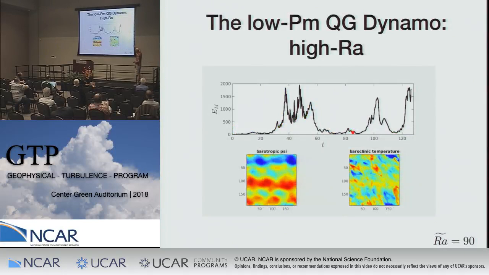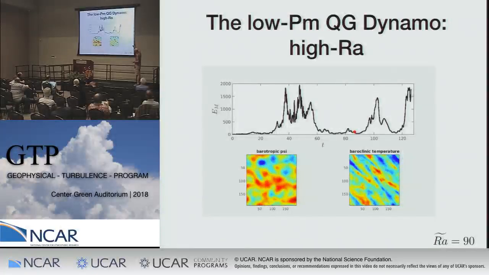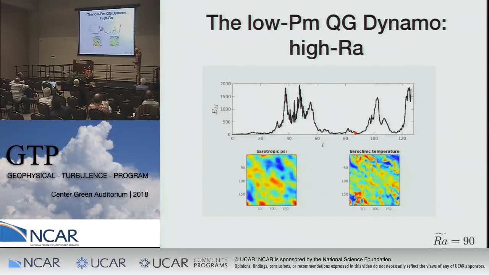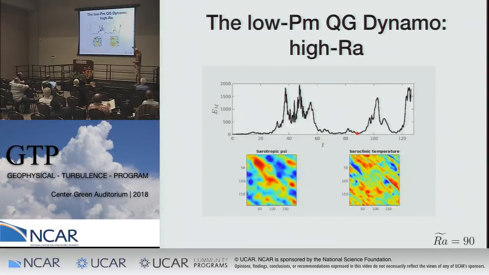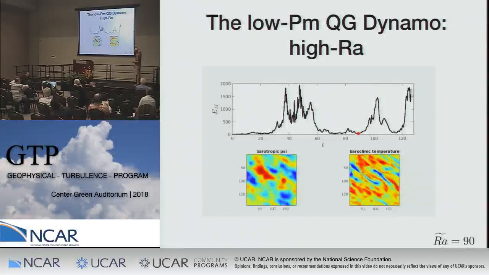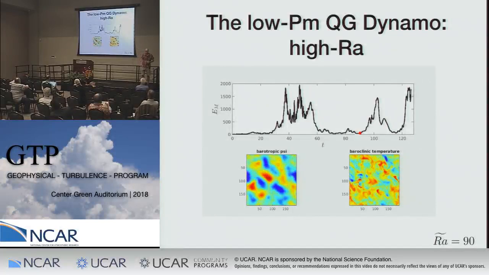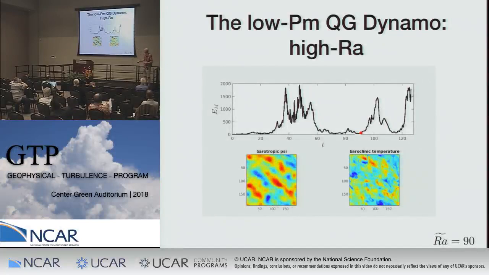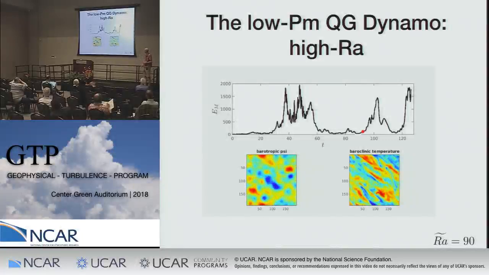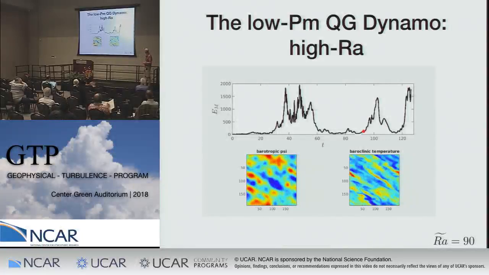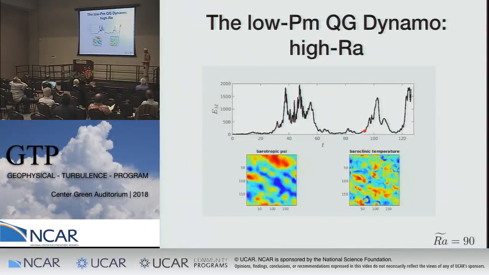So this shows a visualization of these simulations. This is a plot of the magnetic energy on the top. You're looking at a depth average stream function, or pressure. On the right, this is showing the temperature field in the midplane of the layer. I just wrote baroclinic to remind you that this is a three-dimensional field here. So you can see that what happens is that the temperature,